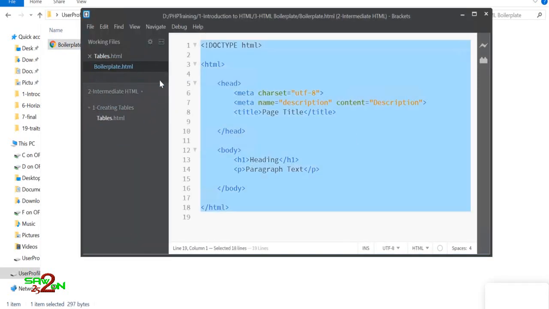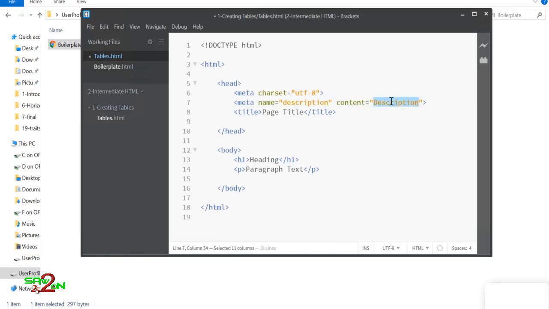So let's create the tables. Okay, I'm going to say tables. Change the heading to table. So we're going to do two examples, and we're going to see there are two ways to write a table. So we're going to see both the ways. Okay, and how do you write a table?